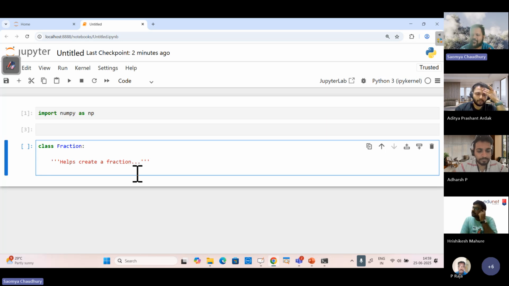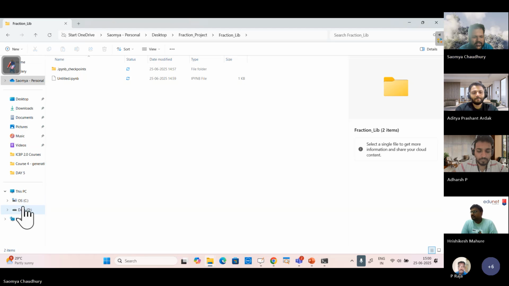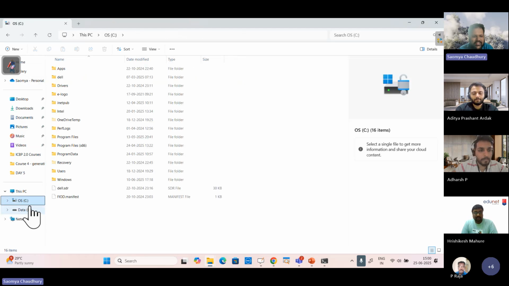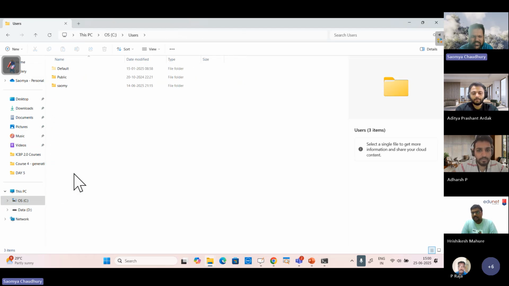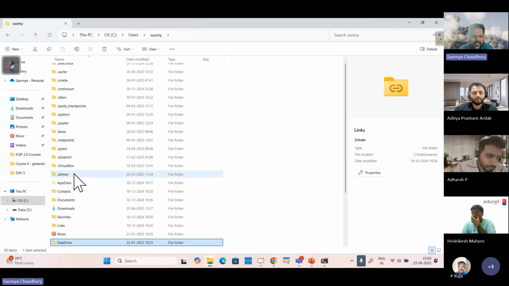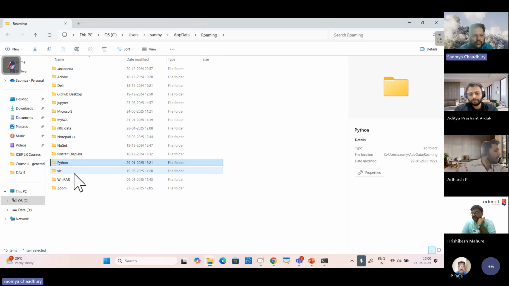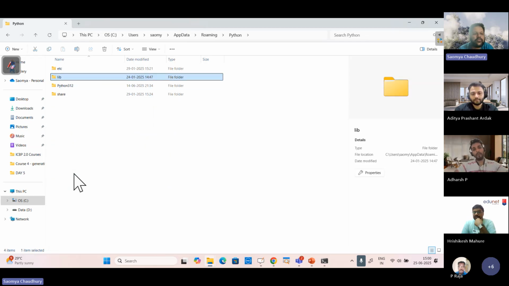Now, the very first thing I wanted to talk about, I think I'll talk about one more important thing before I move forward. As you all remember, that folder which we just saw, I forgot to show you one more important thing before I begin. Okay, so let me go to AppData, let me go to Roaming, let me go to Python, let me go to